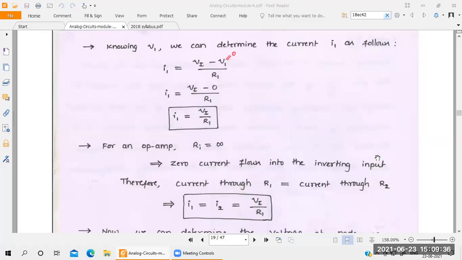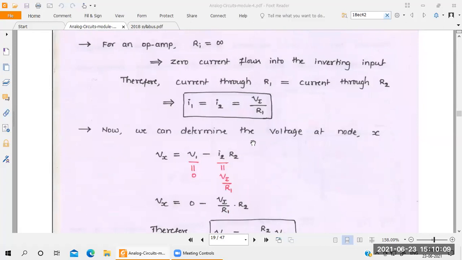When the input resistance is very high here, the current flowing across the R1 and R2 is almost equal. So I can write, according to Ohm's law, the I1 equation, that is V by R1, which should be equal to I2. Understood? So what is the I2 equation now? Vi by R1. Remember this one here. So I1 is equal to I2 when input resistance is infinite.